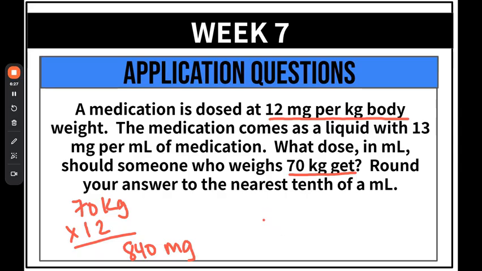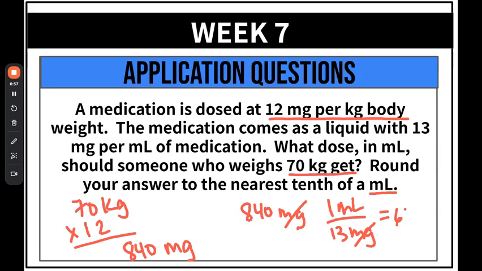So we can take what we have, the total that they need in milligrams, and we're going to put milligrams again on the bottom per milliliter, and our units of milligrams are going to cancel, and we're going to be left with an answer in milliliters, which is perfect. That's exactly what they want. So we can divide 840 by 13, and that gives us